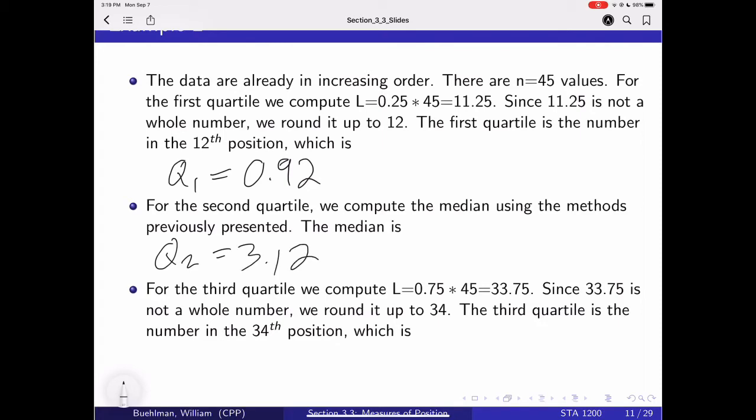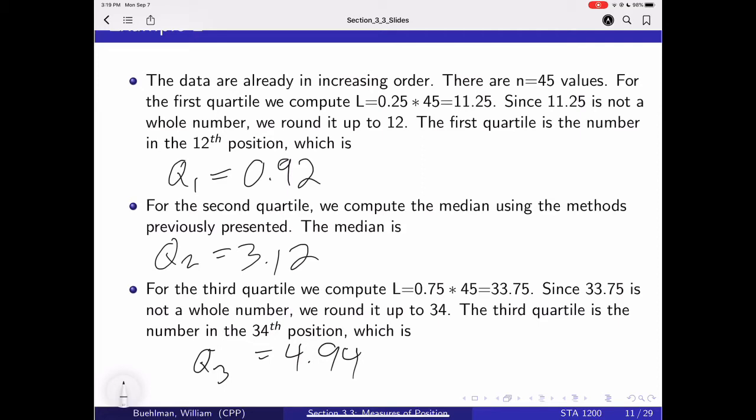And finally, for the third quartile, we have to compute that L again, which is 0.75 times 45, which gives us 33.75. Since 33.75 is not a whole number, we have to round it up to the next whole number, which is 34. The third quartile is the number in the 34th position, which is Q3, which is equal to